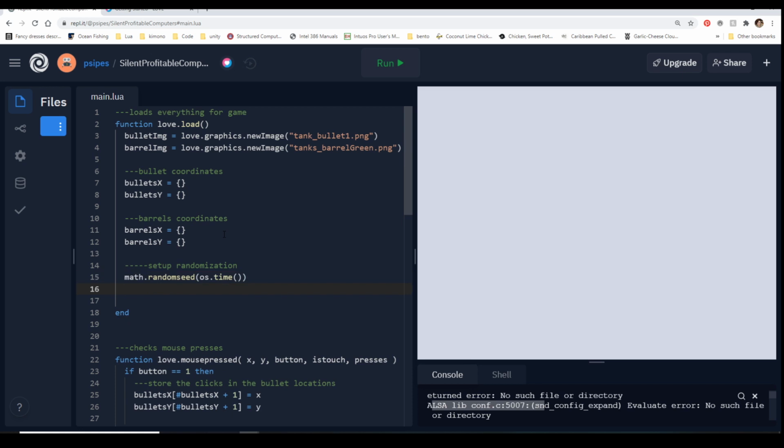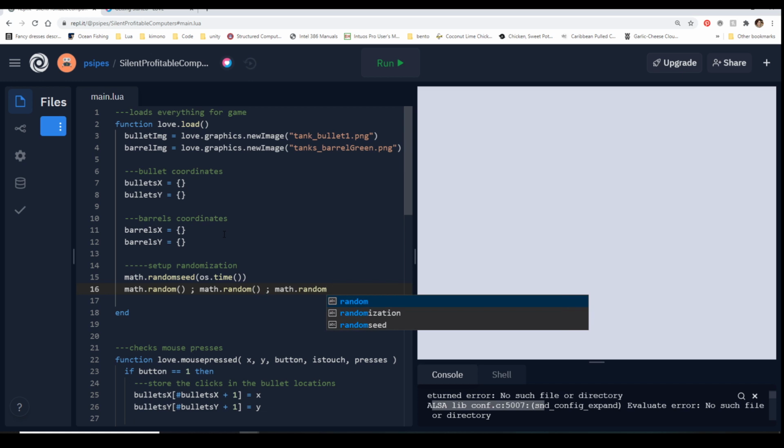Then we have to prime things. We have to make sure that all the old bad table is out of its system before we actually call anything. So we're going to call math.random, math.random, math.random.